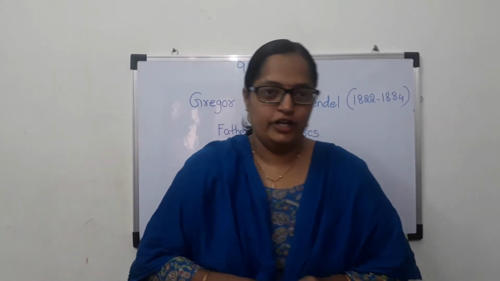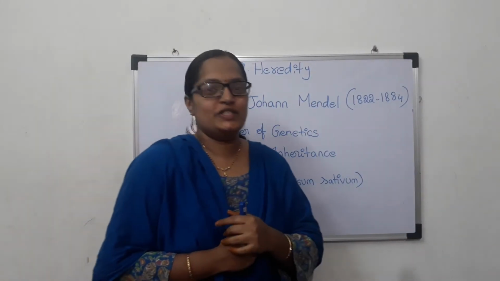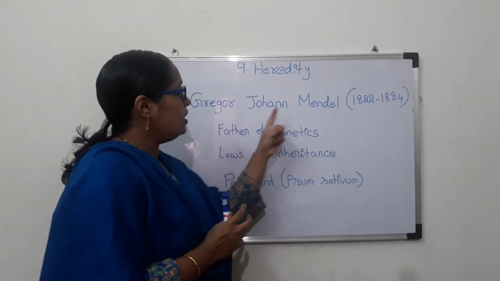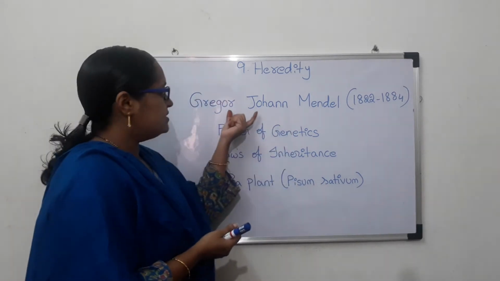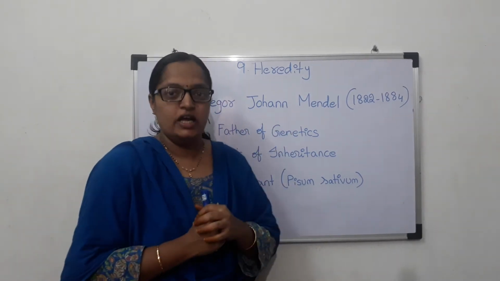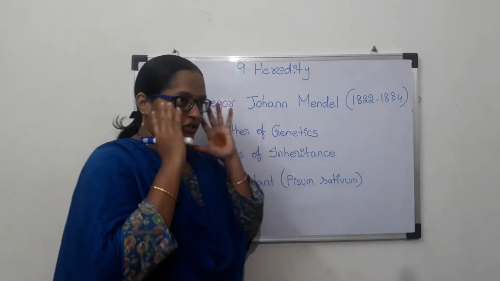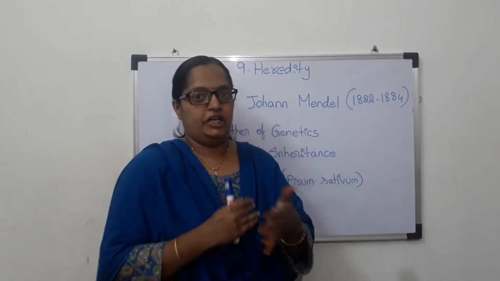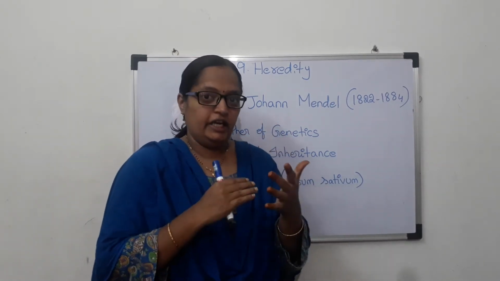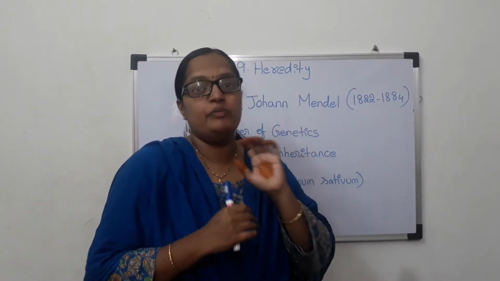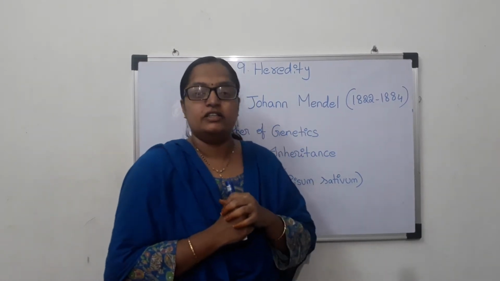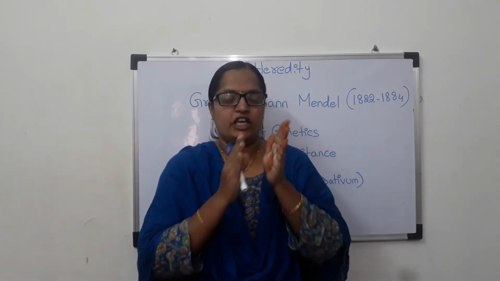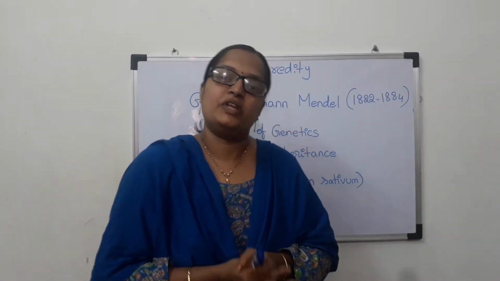The next important point in the study of heredity: most of the studies were done by Gregor John Mendel. He is a scientist who had a strong grounding in science and mathematics. He used that knowledge to study different types of genetic combinations. He did not create them, he observed many genetic combinations by using a plant called Pisum sativum. What is the plant name? Pisum sativum.